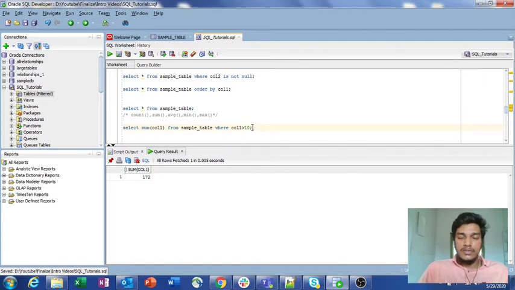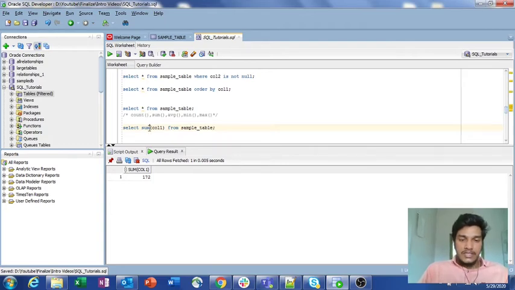That means first of all it will execute the condition, and on whatever records you got, only on those will the sum of column 1 get operated. So this is how sum will operate. Sum will add the values of every record of that particular column and print it in our output.